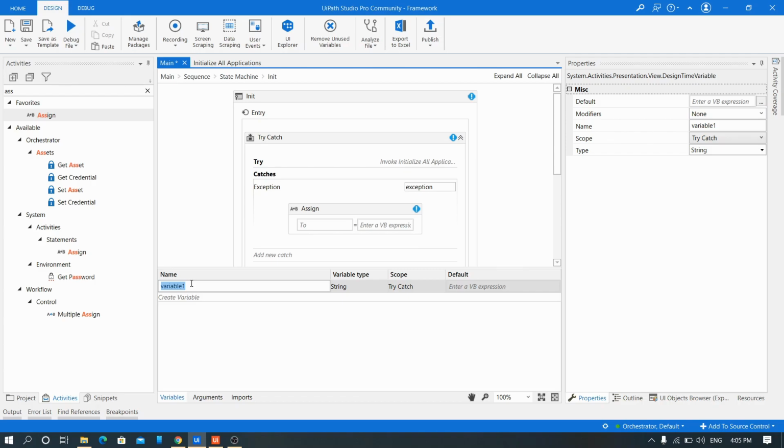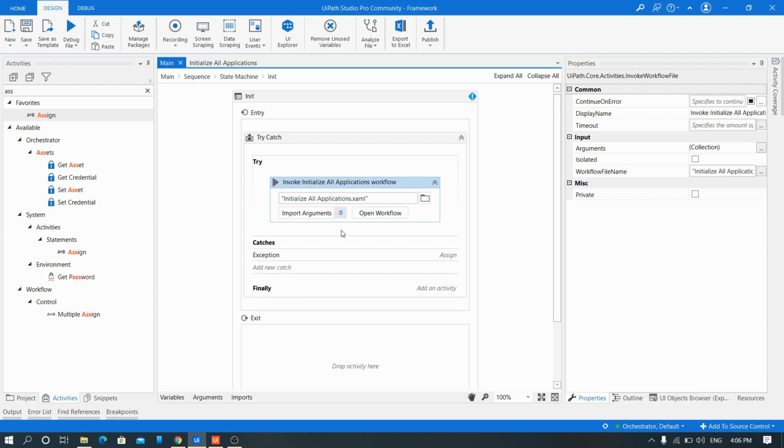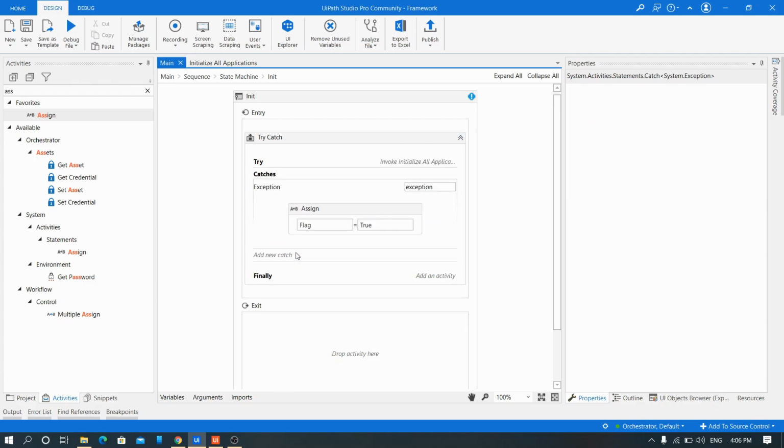In this case, let's choose boolean flag. The flag will be flag. This will be boolean, and scope I'll keep in the state machine. Flag equal to true. That means while initializing the sequence, I got an error.